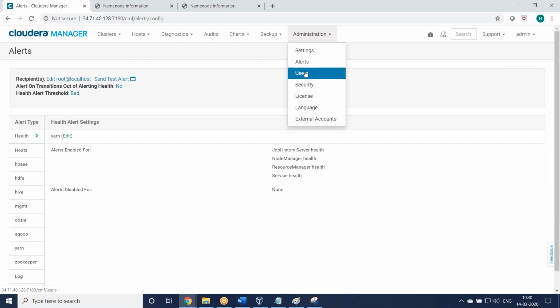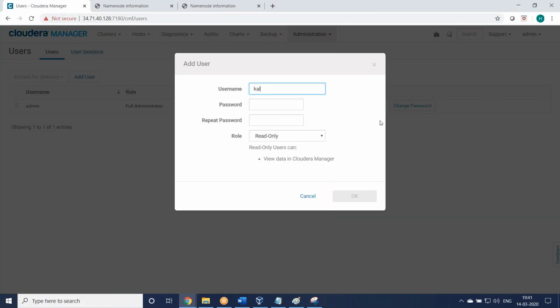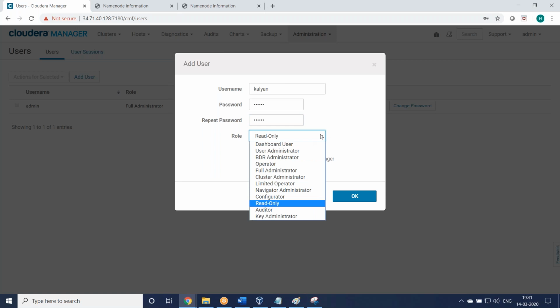Okay, then users. What users do we currently have? We have only the admin user. If you want to add a new user, you can add it. So username, Kalyan, and the password is the same. For you, here we have to select the role.